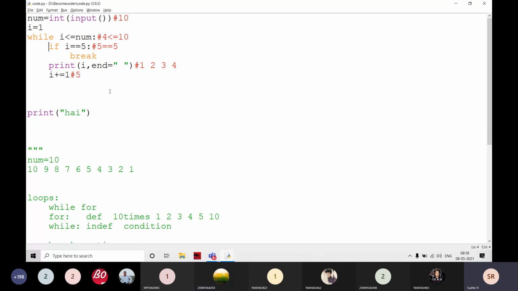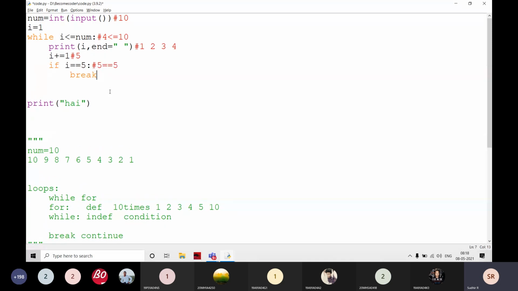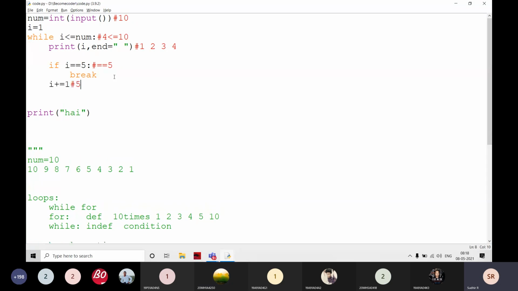That is not 5. Okay. There is only one solution here. For this problem, we have to write it like this only. It is going to print 5 numbers.